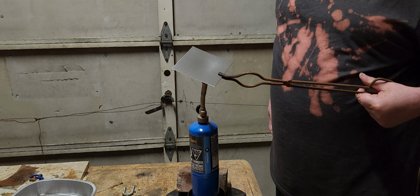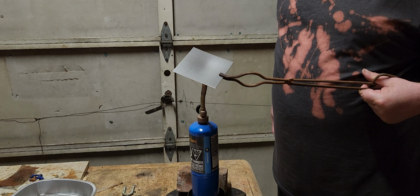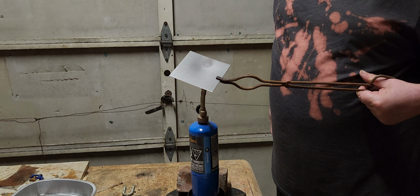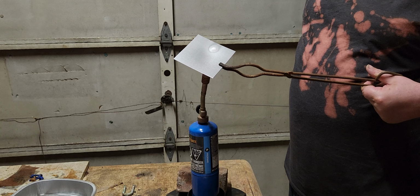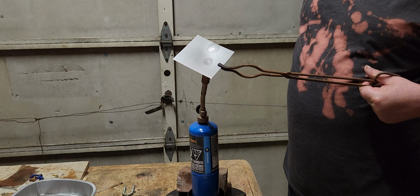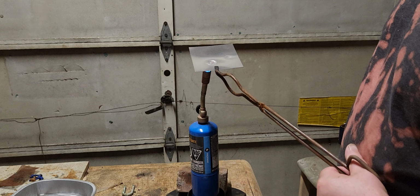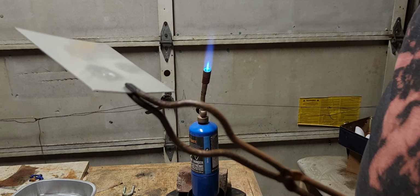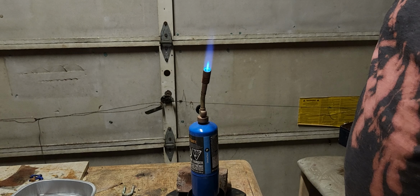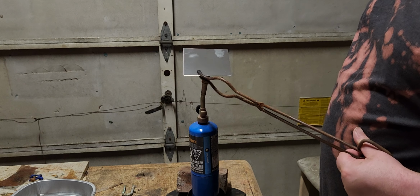Might have to increase the temperature in the propane amount because it's a little bit too low. It puts dents into it, but it doesn't create color patterns. But it's still interesting. See? It doesn't create these color patterns, but it creates these patterns with the propane. It doesn't anneal, but it creates these